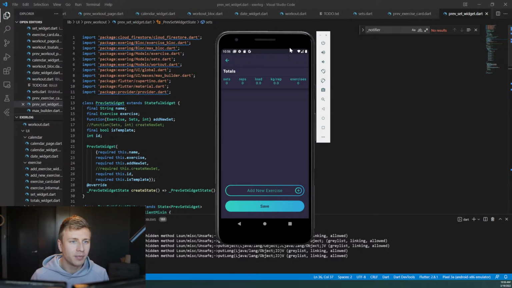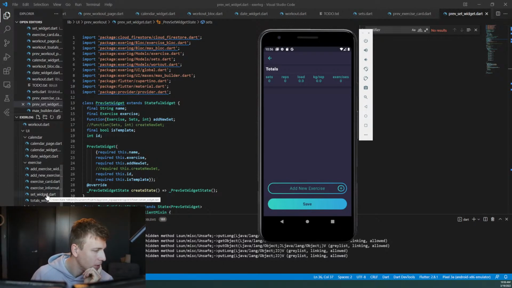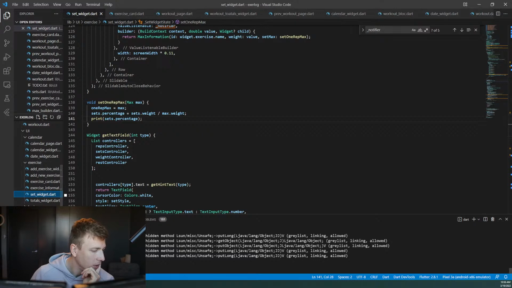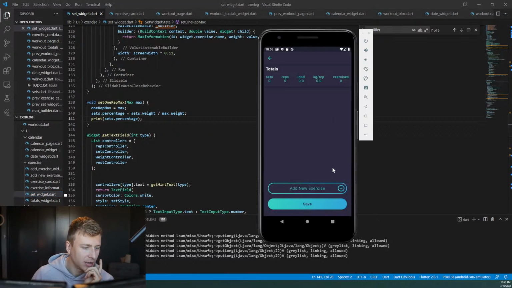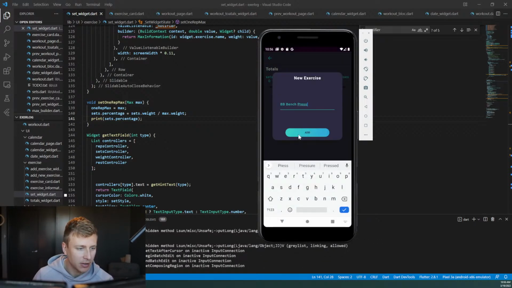What I've done, let's see, what have I done? Okay, so I've basically just added another value to a class that I have for each set. So each set is essentially a class. And so if I add a new exercise here, barbell bench press,